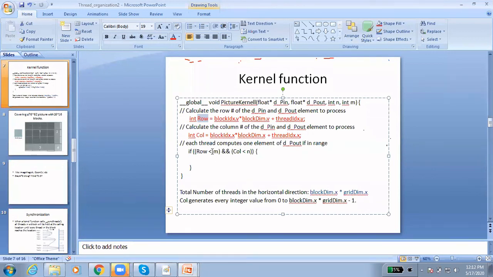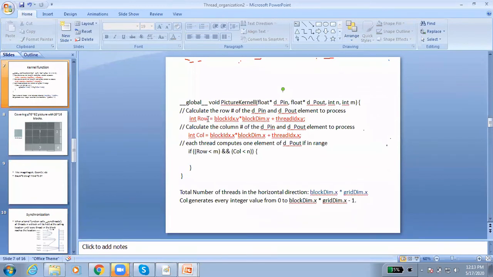If it is outside the range of number of columns, number of rows, number of pixels in the y direction, in that case it should not be allowed to access the data. So we have found the index of the thread in the x direction, sorry, the x direction is specified by col, and the index of the thread in the y direction in row, and then we are checking whether these values are within the range or not.